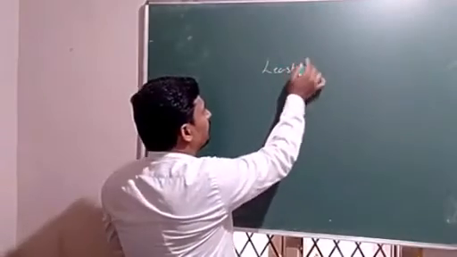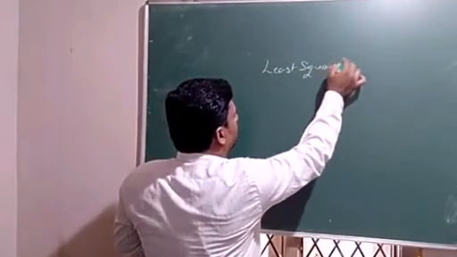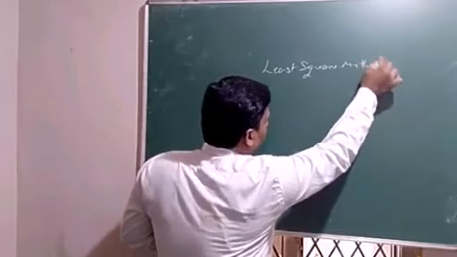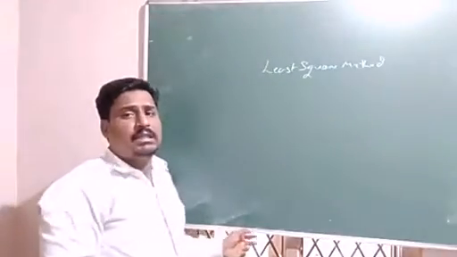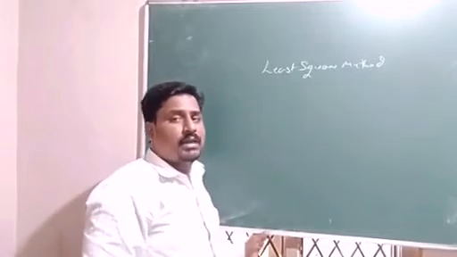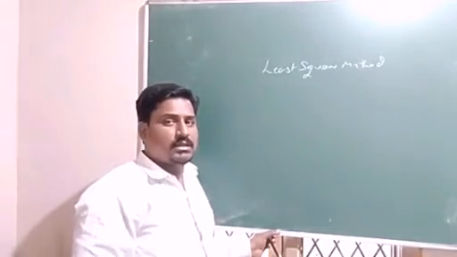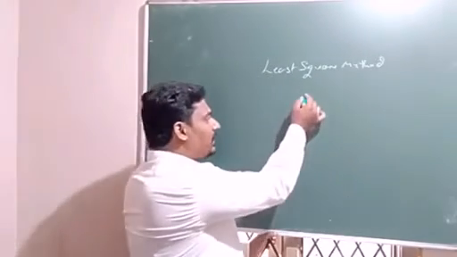Least square method. So why do we say it is a least square? Because when we estimate the trend values, we estimate them in such a way that if we divide the original